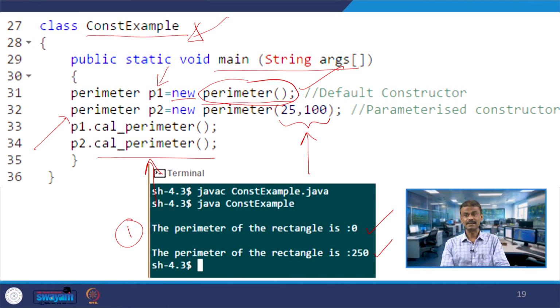And if you are passing certain values, or if the constructor has some arguments, you call this a parameterized constructor. So, you know whenever you are creating an object, which one should be called.